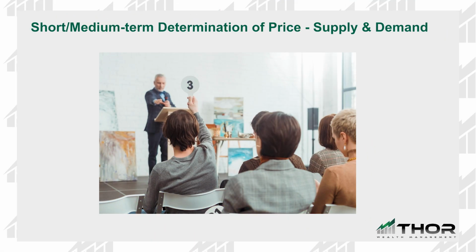For shorter term and medium term, what's going to determine price more is supply and demand. Think of an auction. If I'm a seller at an auction, do I want 1,000 people at the auction or 5 people? Well, if I'm a seller, I want more people there because the bidding pushes the price up. However, if I'm a buyer, I want to go to an auction where there are only 5 people buying, because I get things cheaper. So it's very important to look at supply and demand out there.